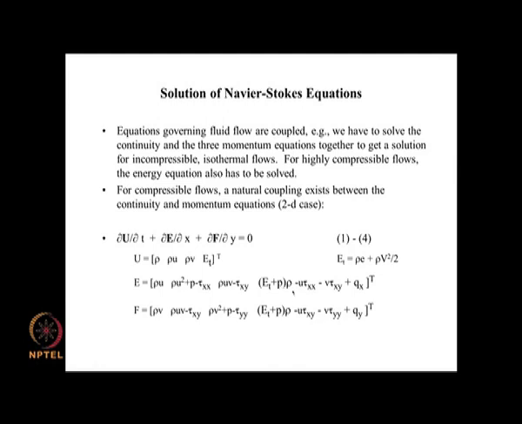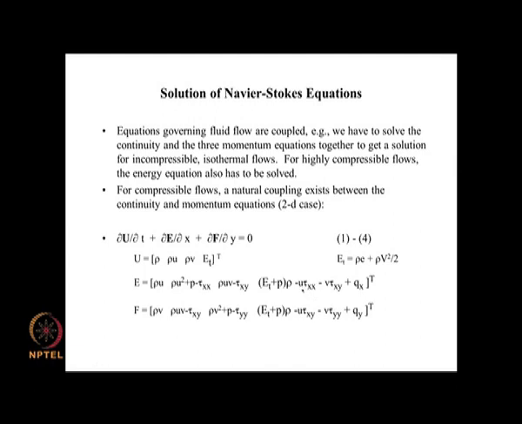It should be ρu here and ρv here. So this is ∂/∂x of ρEt times u plus ∂/∂y of ρEt times v, and similarly ∂/∂x of p u plus ∂/∂y of p v, and